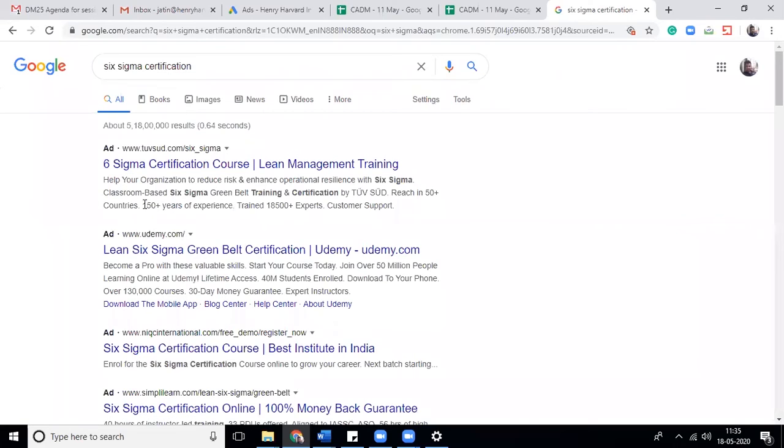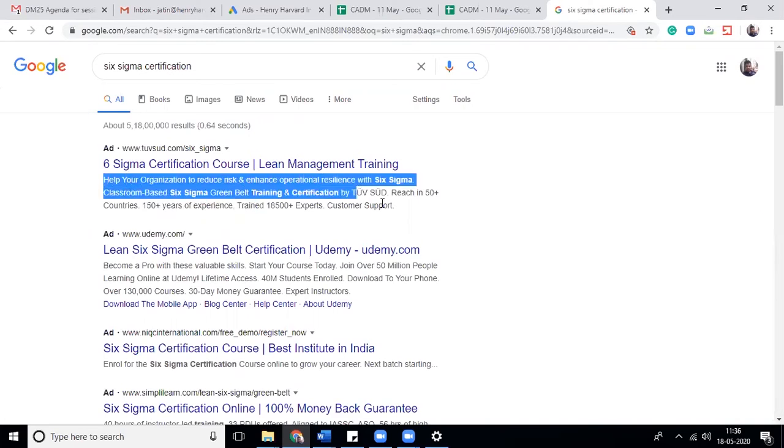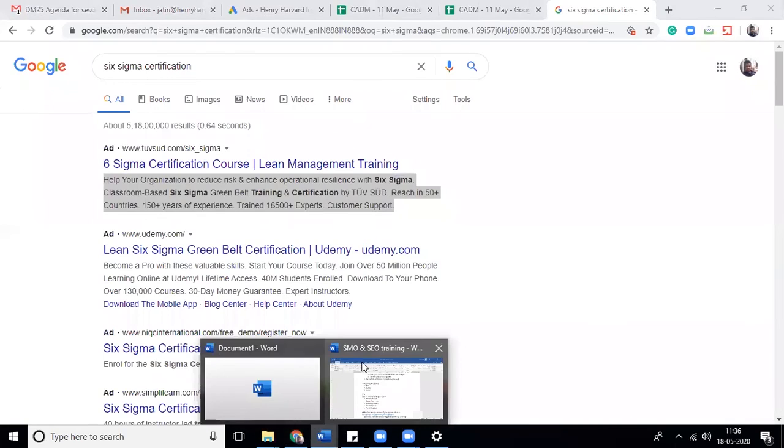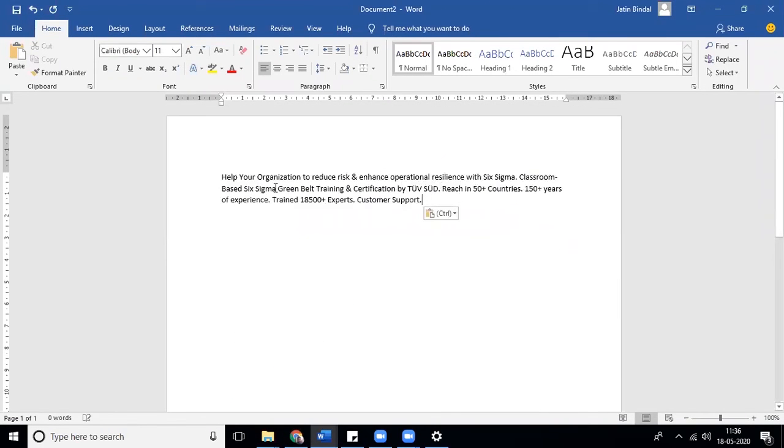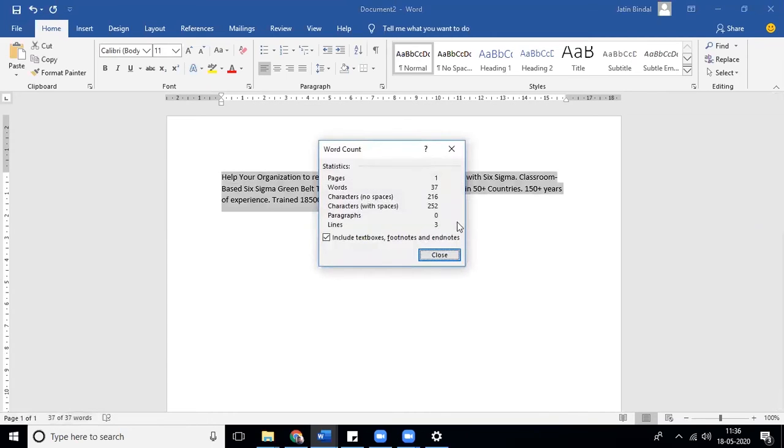But after that, do you see 150 years of experience? This is extra content. Okay, if I copy the whole content and look at the number of words and characters, it has 252 characters.